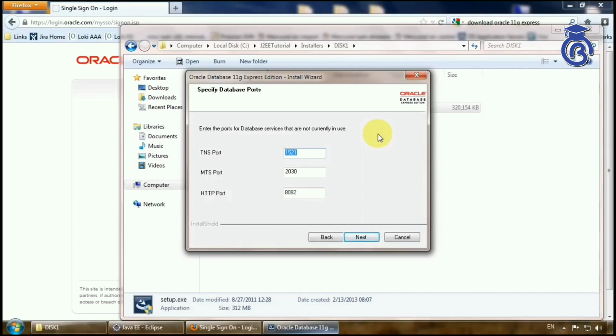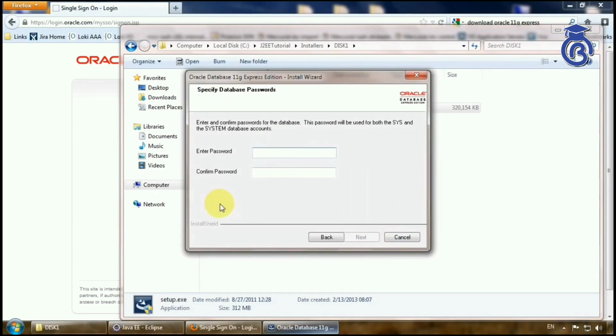The first port is the Oracle service port, and the HTTP port, I guess, is required for Application Express, a product from Oracle. Check that it will not conflict with your application port we already created. So I think I have all these correct. I'll click next and